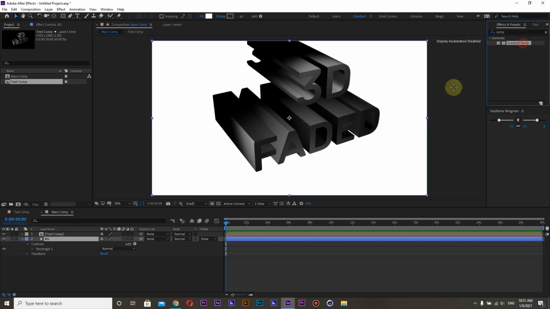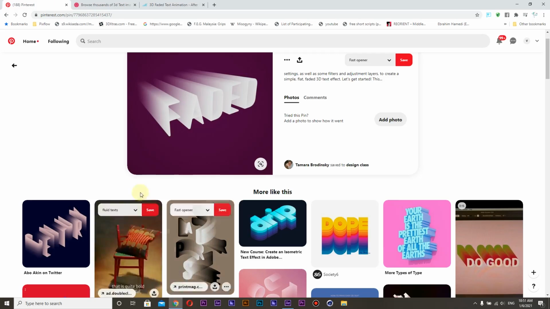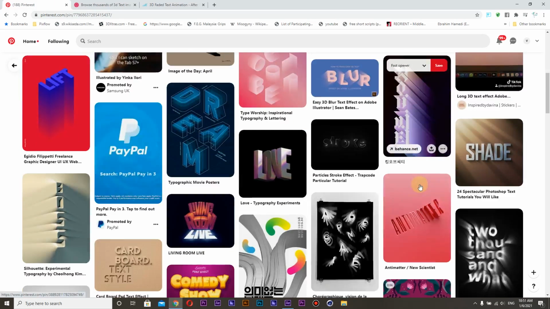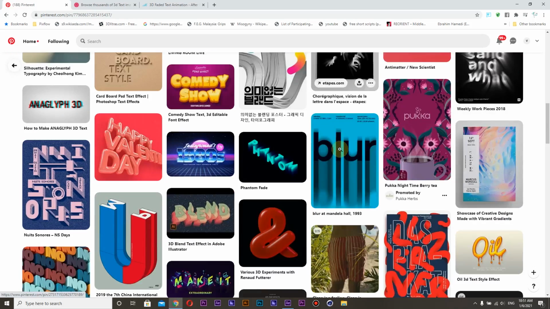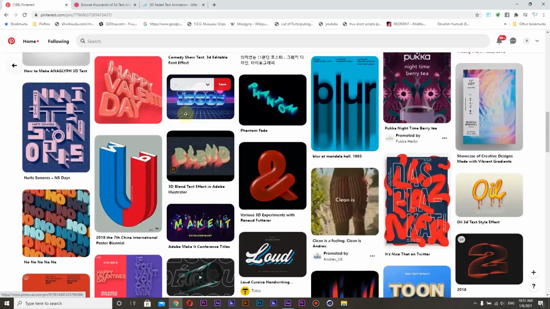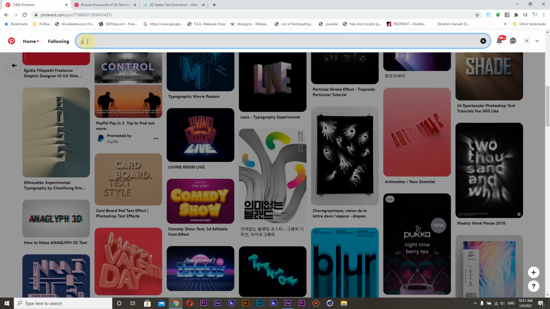Gradient ramp. And again, if you're having some difficulties finding a new gradient color, I suggest you go back and either find a nice picture here with a good gradient to use, or just search for gradient